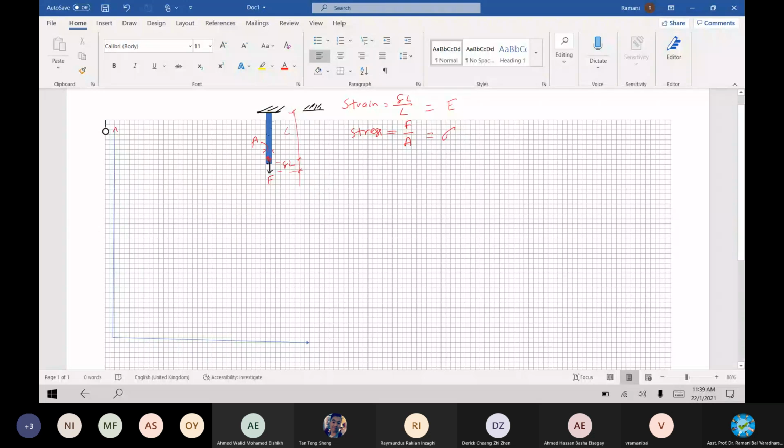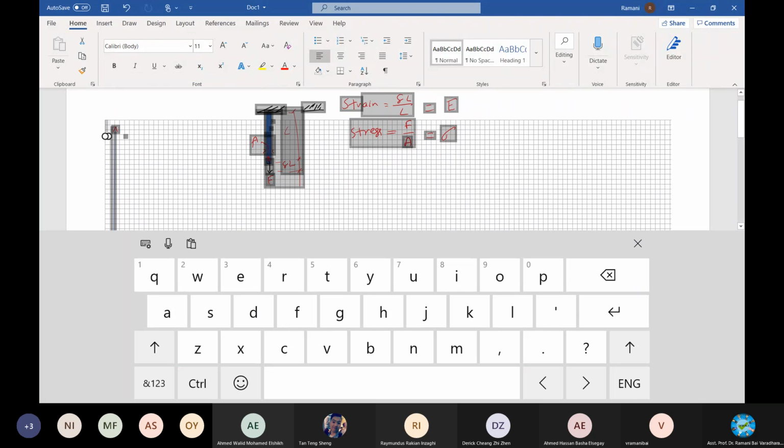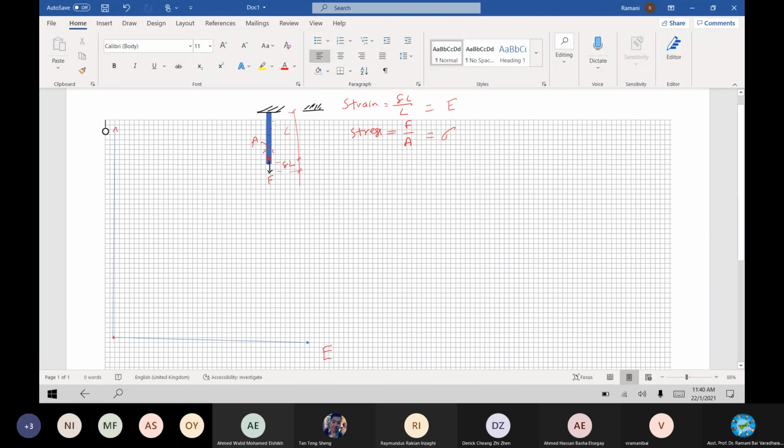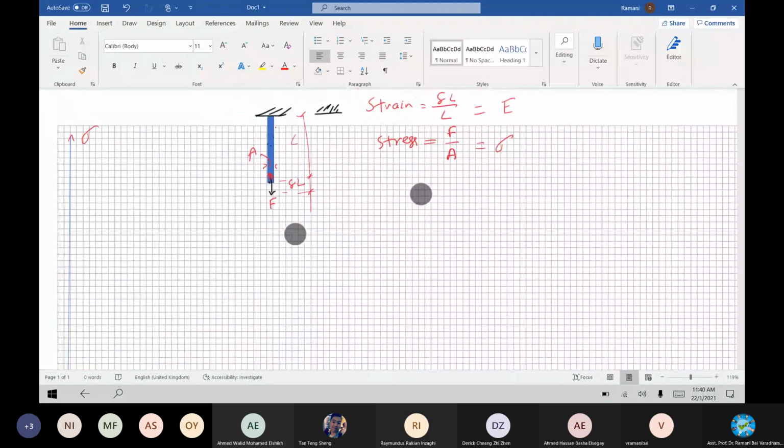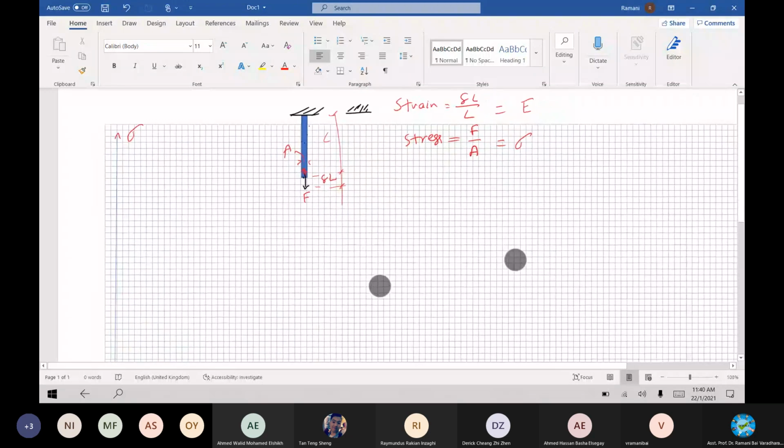Start from here. Once you start loading, the value will start from here, right? I plot the strain, which is the independent value. Always plot the independent value in the x direction and the dependent value in the y direction. That is the norm of drawing graphs. In future, if you are doing any testing, follow this norm, so that the distribution is studied nicely and well represented.